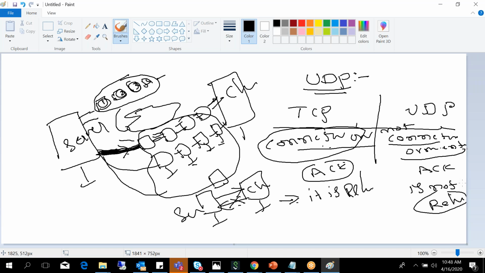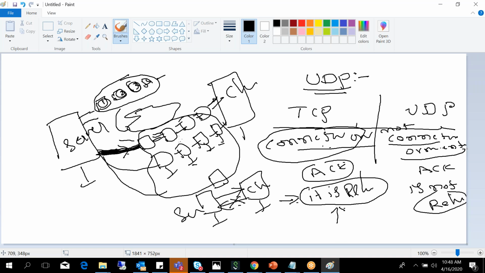Any idea? We can also say that it is more efficient, and there is a guarantee that I am able to transfer the data.